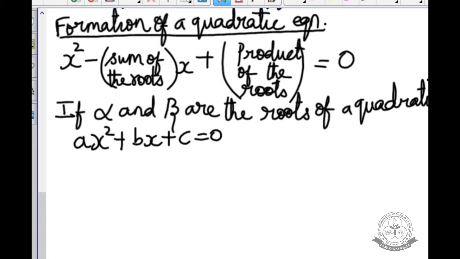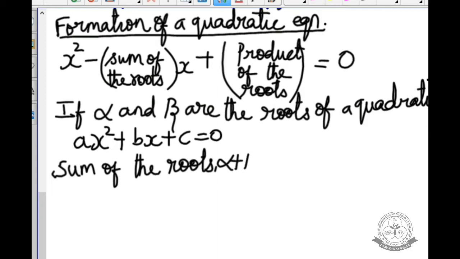So I take alpha and beta, sum of the roots. அப்போ x க்கு பதிலாக alpha ன்ற value ஐ substitute பண்ணிங்கன்னா you will get the answer 0. x க்கு பதிலாக beta ன்ற ஆன்சரை substitute பண்ணிங்கன்னா you will get the answer 0. அதனால தான் it is known as roots of a quadratic equation. So sum of the roots, alpha beta the roots னு எடுத்துருக்கோம், so you can write it as alpha plus beta.